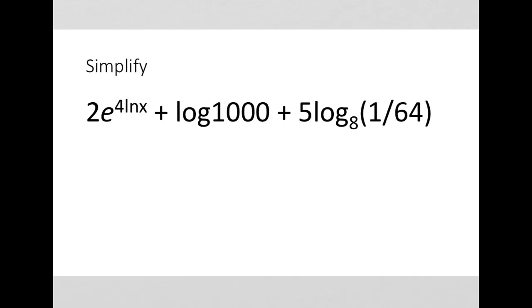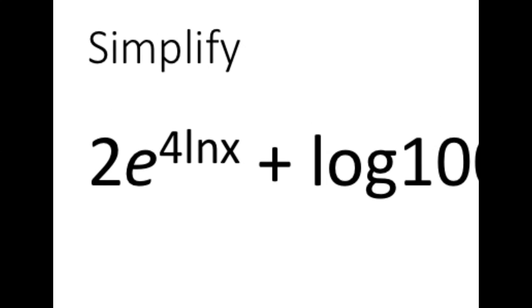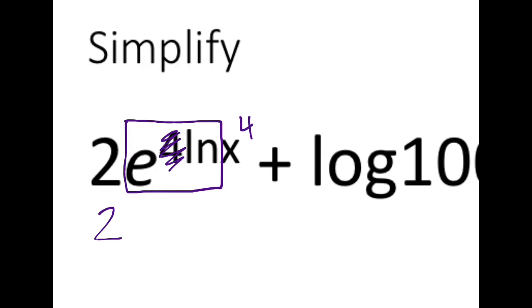Alright, same idea here, getting a little fancier though. Let's simplify this jazz. Notice that I have in the exponent here 4 times the natural log of x. Well, I'm going to rewrite that as the natural log of x to the 4th, because then notice I have e to the ln, which are inverses of each other, so this will simplify as simply 2 times x to the 4th, because e and ln are inverses, so they undo each other, so we just get that x to